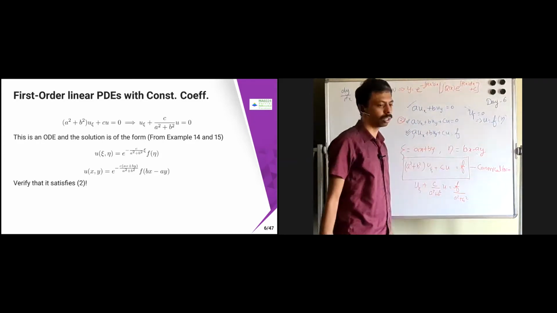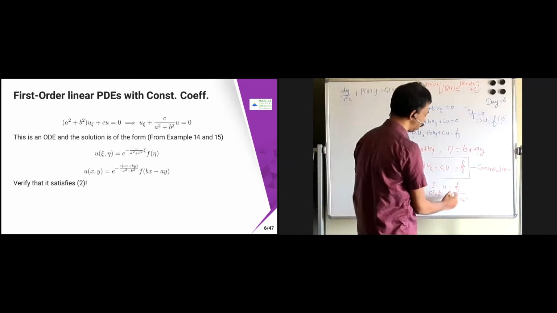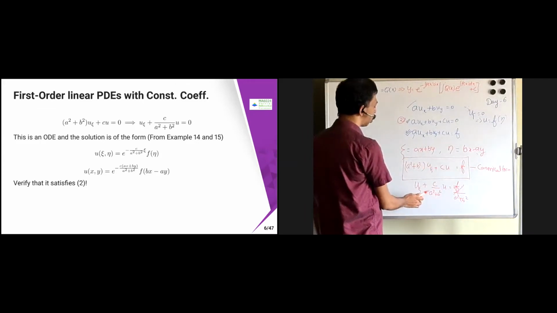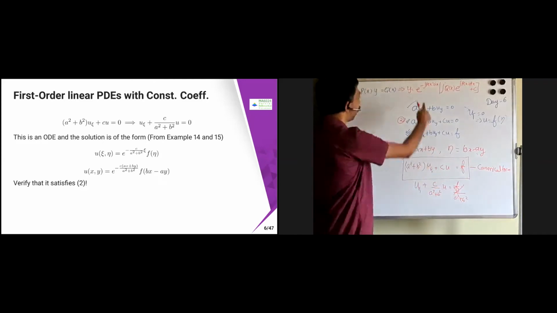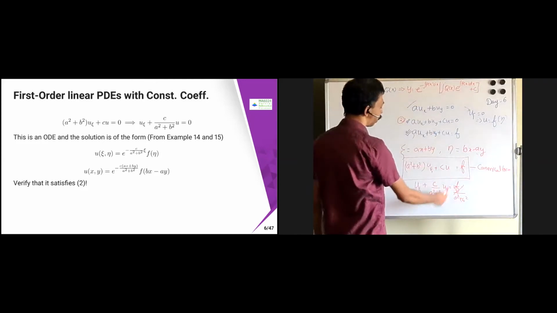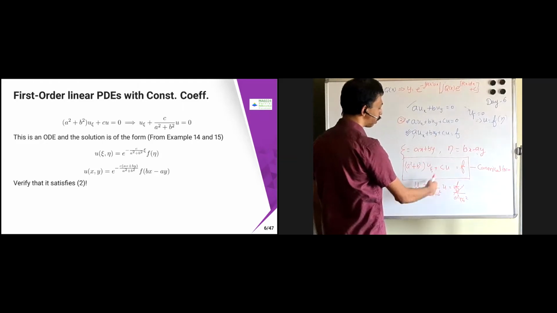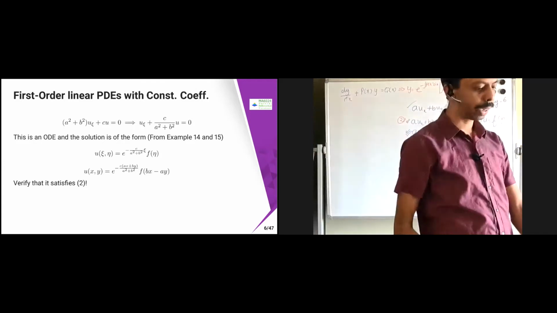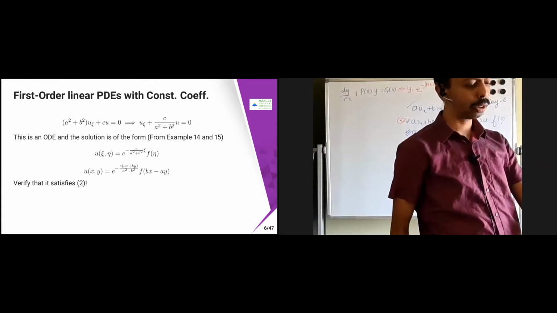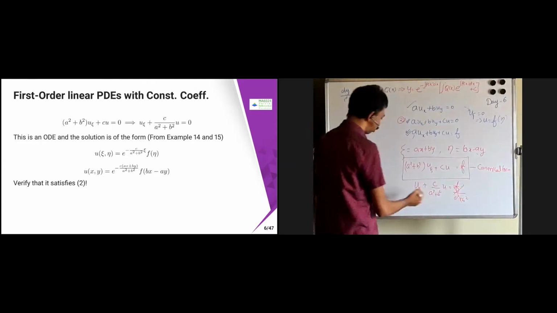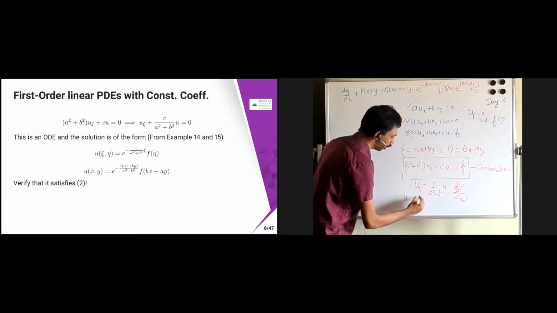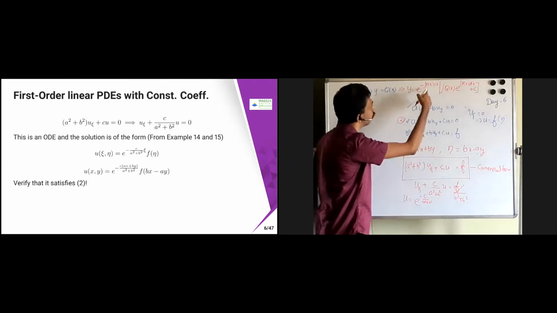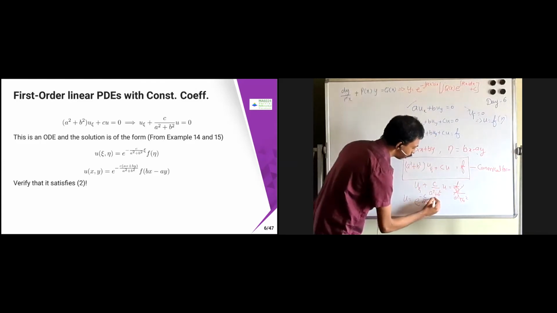So the right hand side is 0, then this term is not there. So what we will have is something like u equal to e power minus integral of p(x) dx. So this is going to become minus c by (a square plus b square), which is constant, into d chi. That's what I have written here. So u is equal to e power minus c by (a square plus b square) integral d chi.